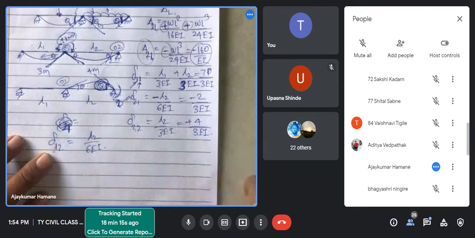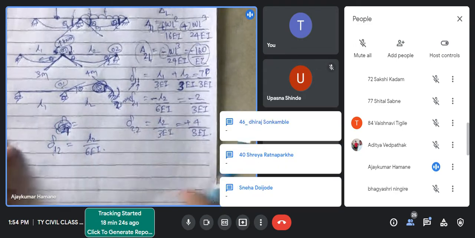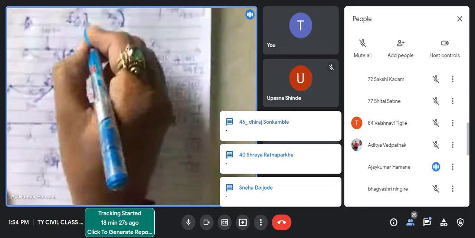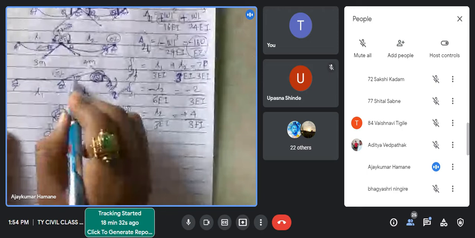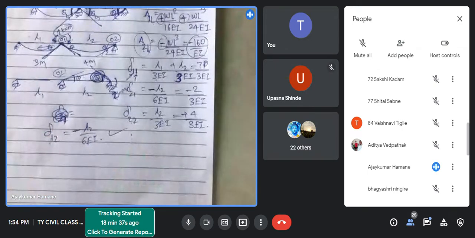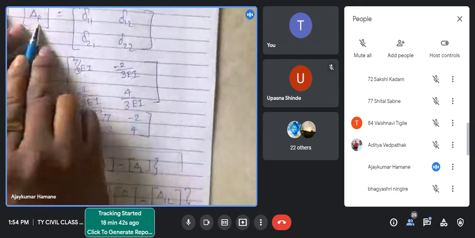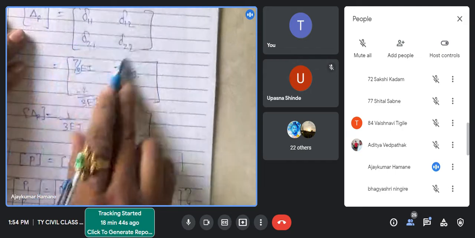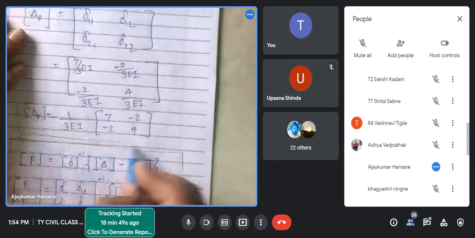Now is this minus or plus? You tell me. Delta 1 2 is minus or plus? Minus, correct. Because we got the downward slope here, also downward, but here we got upward slope. That's why minus, correct. So we got this value and we have delta 1 1, delta 1 2, delta 2 2, delta 2 1. So we got this matrix,